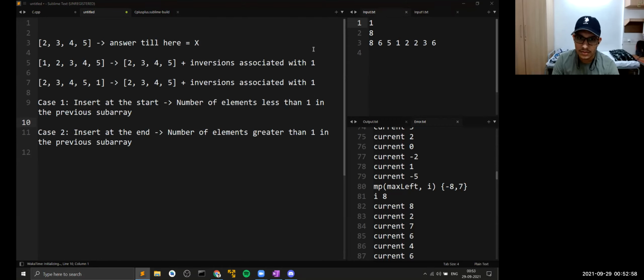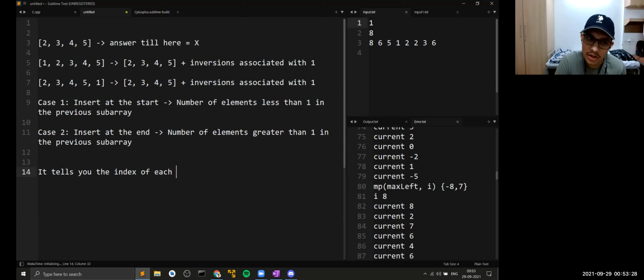Ordered set. Using PBDS. Exactly. So you can use an ordered set, or I don't know if you can use a multiset as well here, but using an ordered set would be the best choice here, because an ordered set tells you the index. Can we not keep all the values sorted? We are keeping it sorted, but if you use a set, can we use lower bound? No, you cannot use a lower bound. The lower bound only tells you an iterator. It does not tell you the number. In case of a vector, it does tell you a number, but in case of a set, it does not tell you the exact number of elements smaller.